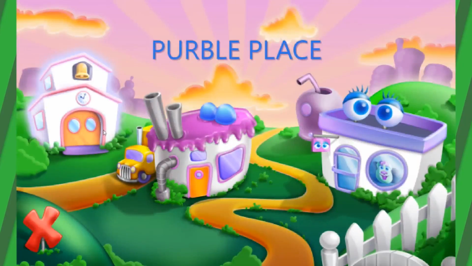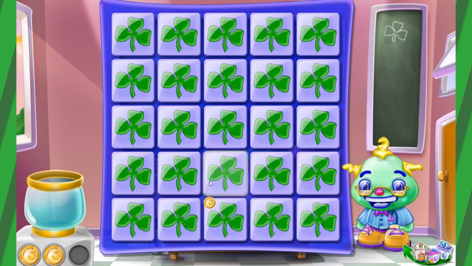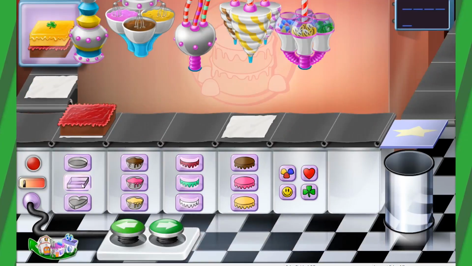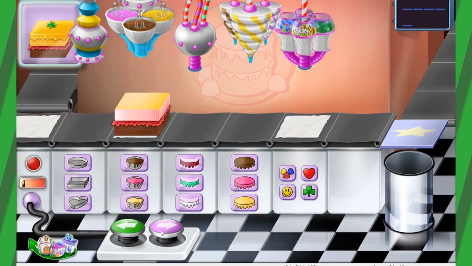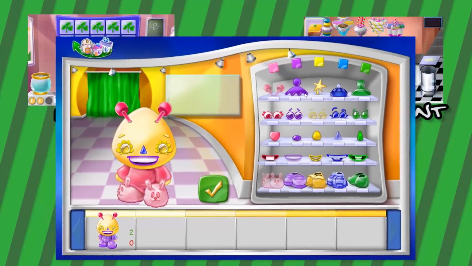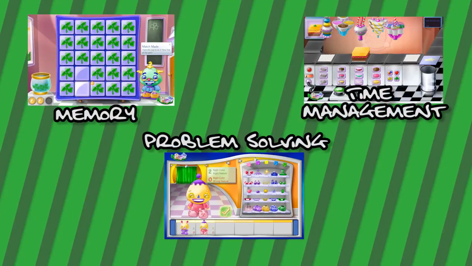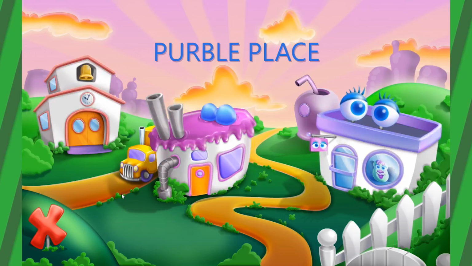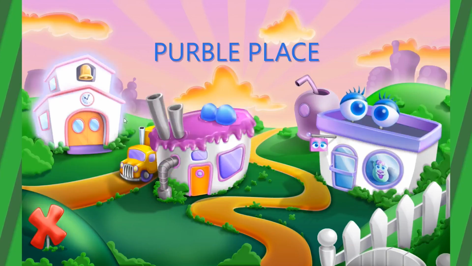Purble Place. Purble Place is perhaps the weirdest thing to come out of Windows Vista, a collection of free individual edutainment games that each tackled a rather basic and necessary lesson: memory, time management, and problem solving. While being rather limited, having only 3 mini-games to pick from that each lasted around 1 to 5 minutes each,